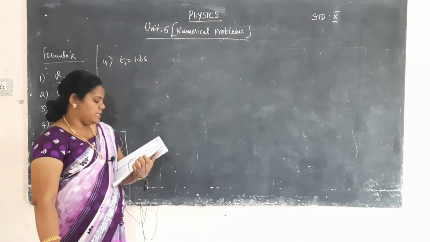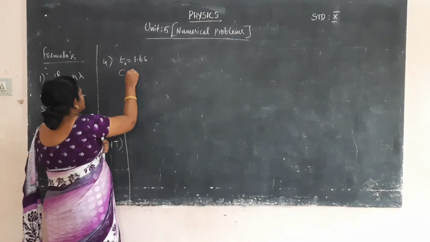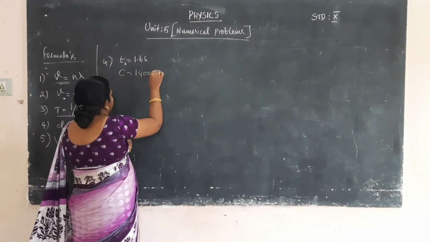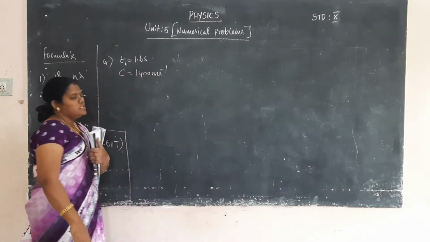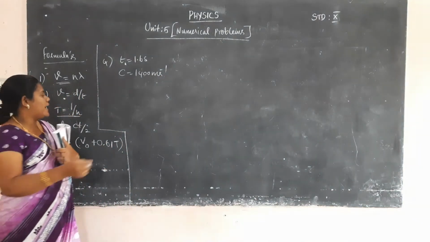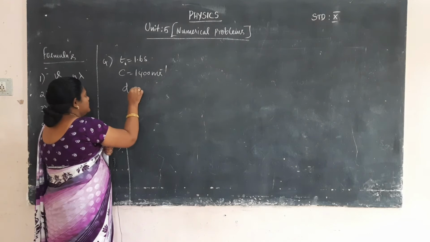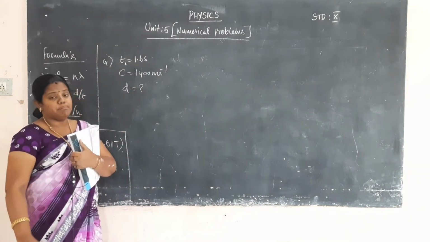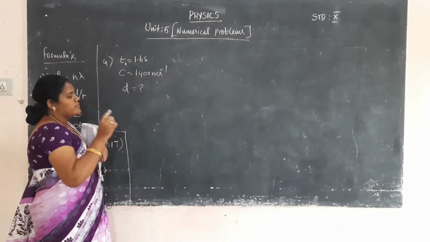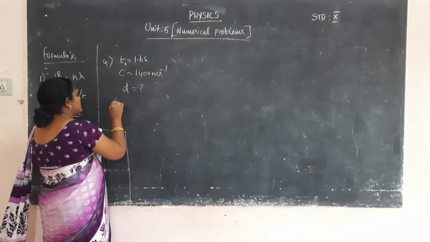Velocity of sound in sea water, c is equal to 1400 meter per second. In sonar, we want to calculate the depth of the sea. So D is equal to question mark. So the solution is